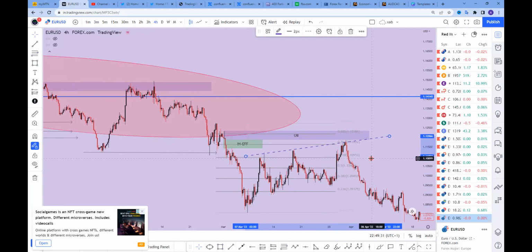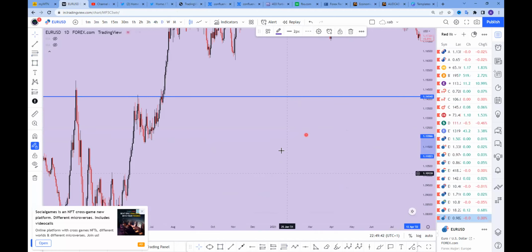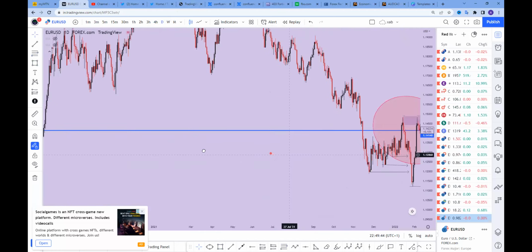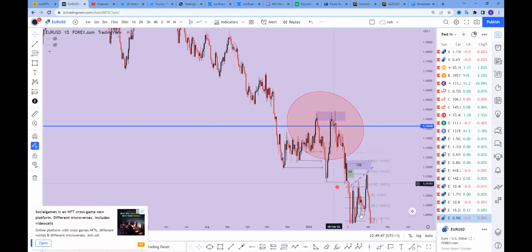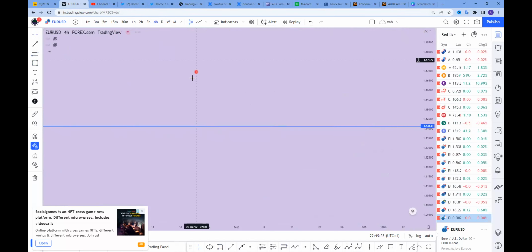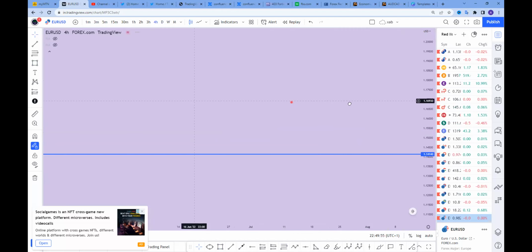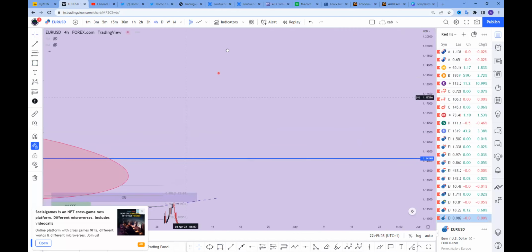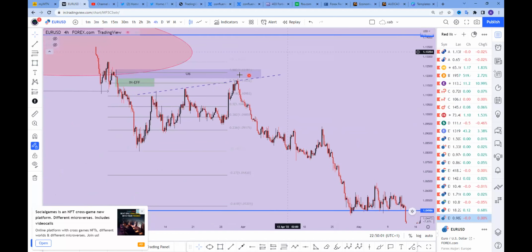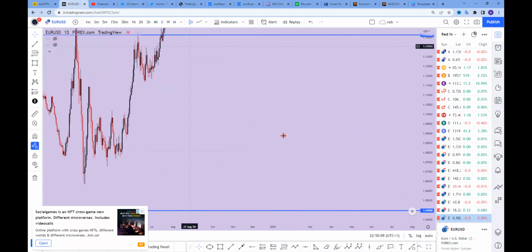Are you guys seeing how everything you've learned so far is contributing to what is happening here right now? So apart from the entry that you had from this level on the weekly time frame, based on the break of structure we saw on the daily time frame, this break of structure here and this retest, we can go to the 4 hours time frame and get our entry. We can still get another entry based on that from the 4 hours time frame. And if we go back to the daily time frame again,